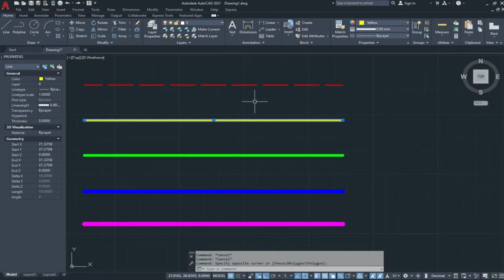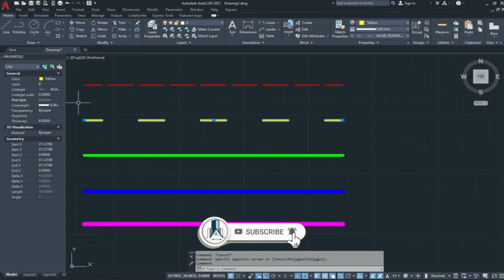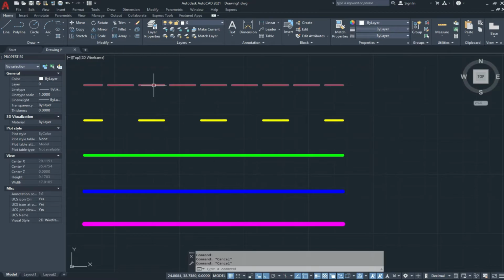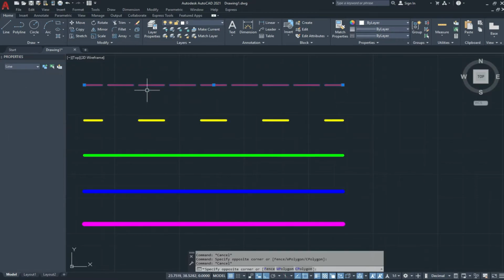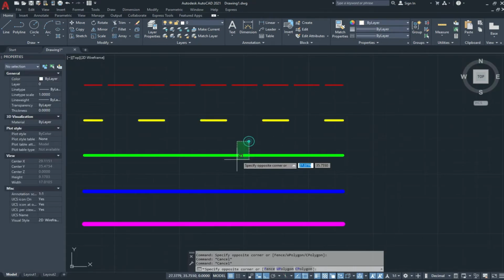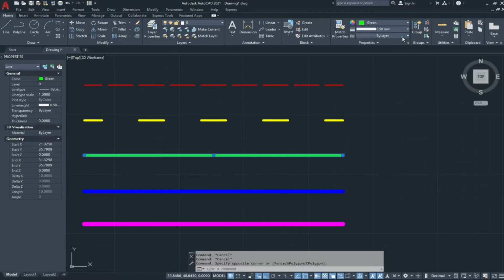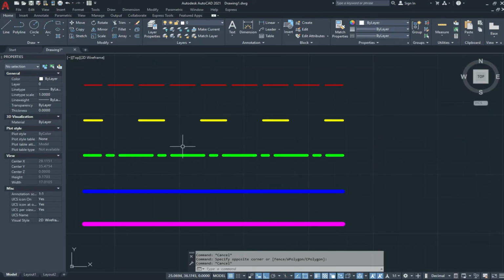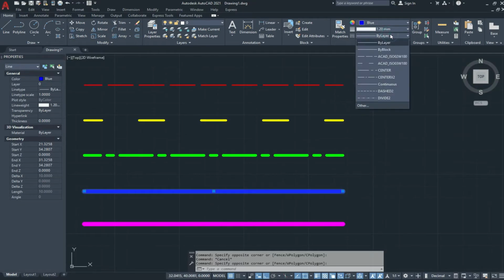Now we select this yellow line and change the line type ISO 03, and we change the line type scale same as the red line, 0.08 units and press enter. So you can see the difference between the two line types, ISO 02 and this is line type ISO 03. Now we change the line type of this green line with the center, and you can see the line type display will change. And now we select this blue line and change the line type,